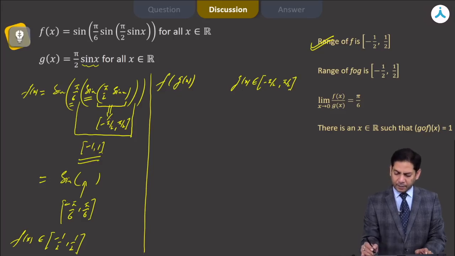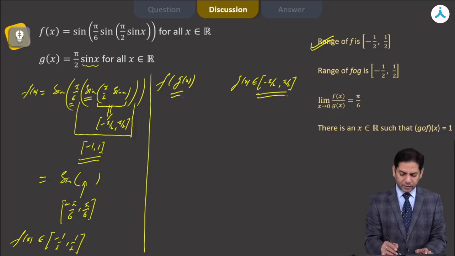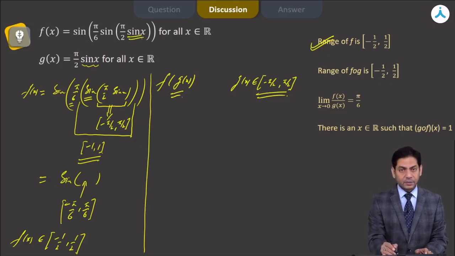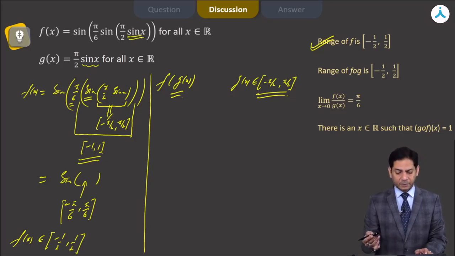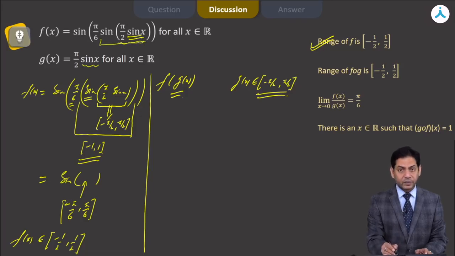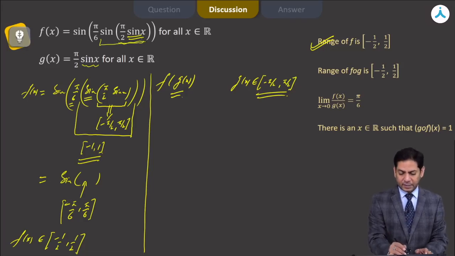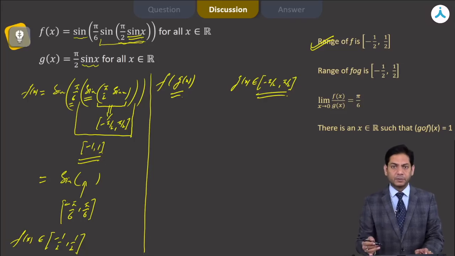And now we are plugging in these values in the function f of x. In place of x, these values of g of x will be the input in function f. And in f, again, you can see when we put minus pi by 2 to plus pi by 2, this sine is going to give us minus 1 to plus 1 values. Take sine of that, minus 1 to plus 1. Multiply that by pi by 6. So inside the sine function, we are getting minus pi by 6 to plus pi by 6 as the input.